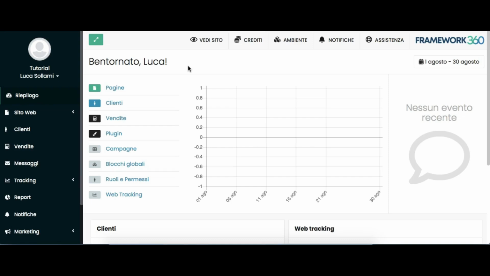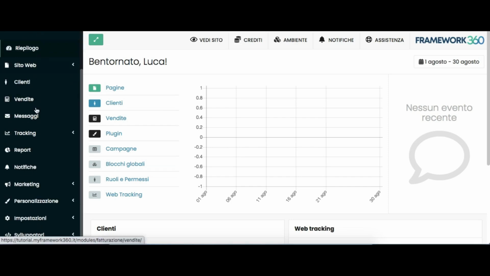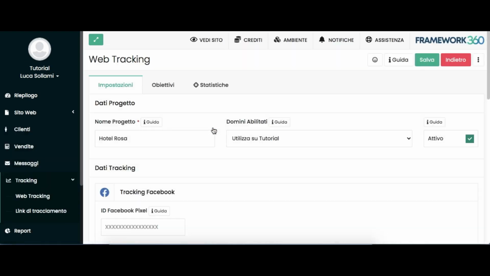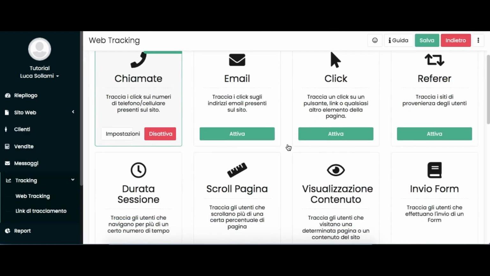In this video, I will show you a very useful feature of Framework360. We are talking about the web tracking module. We go to the menu under Tracking, we find Web Tracking. With the web tracking module of Framework360, you can track anything that happens on the website thanks to this convenient